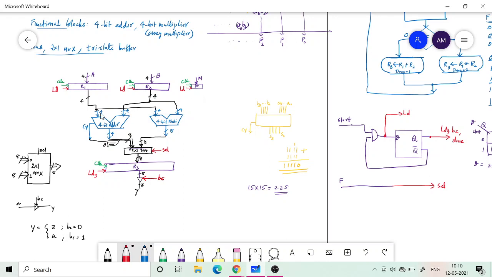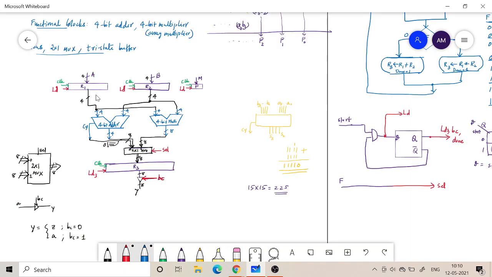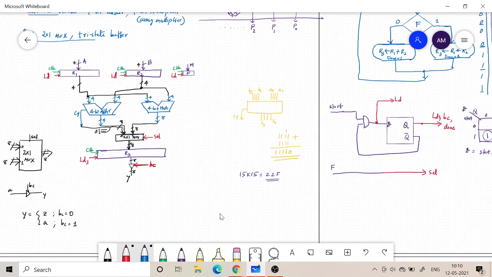But right now, addition and multiplication is continually happening with whatever data is stored in R1 and R2. The moment you put or not put data, there may be some random data. With the random data also, it will do multiplication and addition. But we are not loading those things into R3. Loading is done only when we require it. So that's basically the thing. Is that clear? Yes, sir.